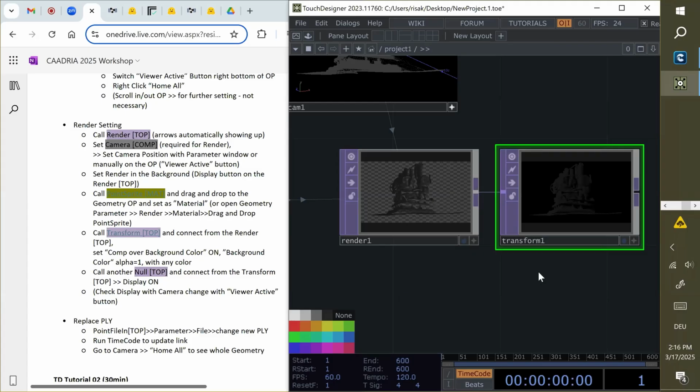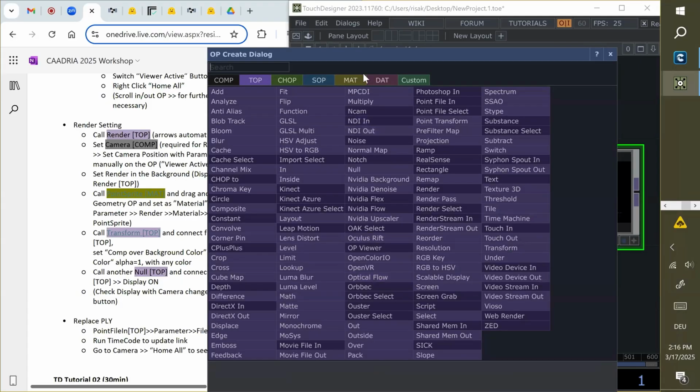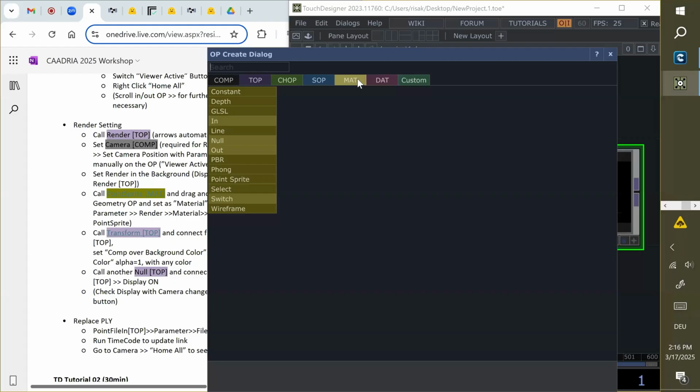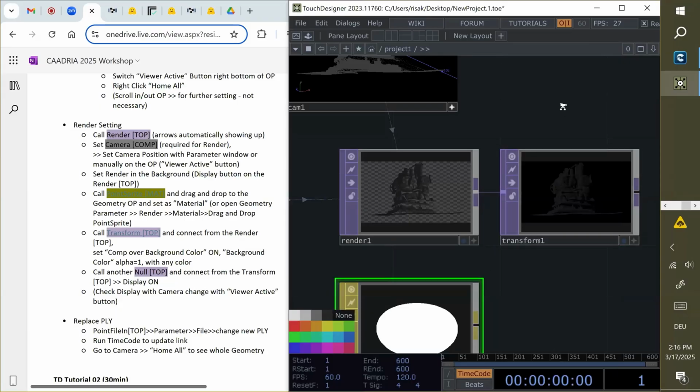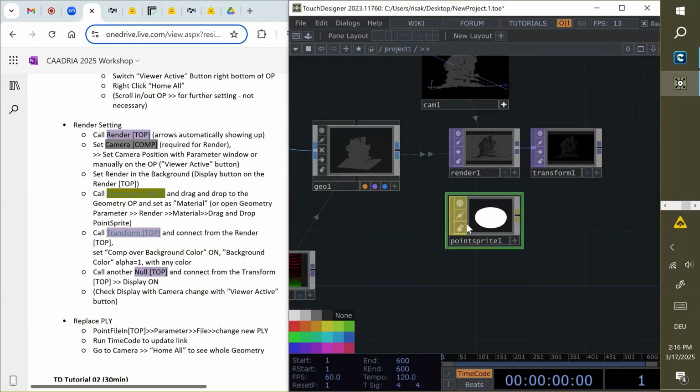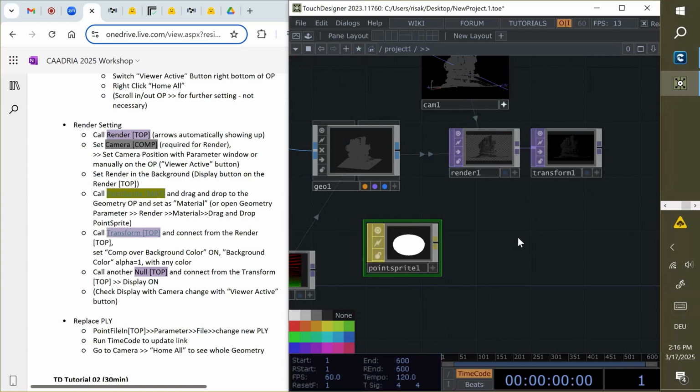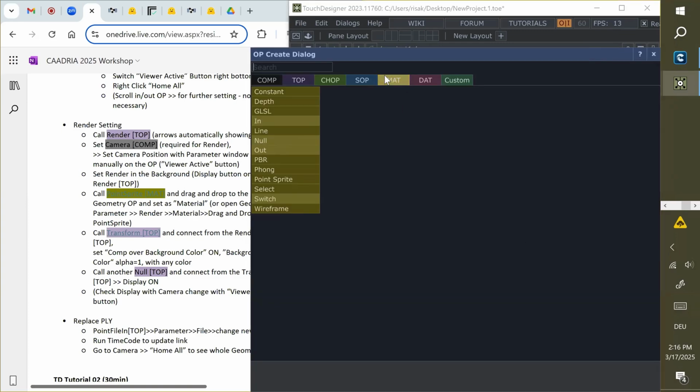Okay, now we just need some material for this rendering. So we just call MAT, the yellow one, and we can get point sprite. Again, double click and go to material, point sprite.